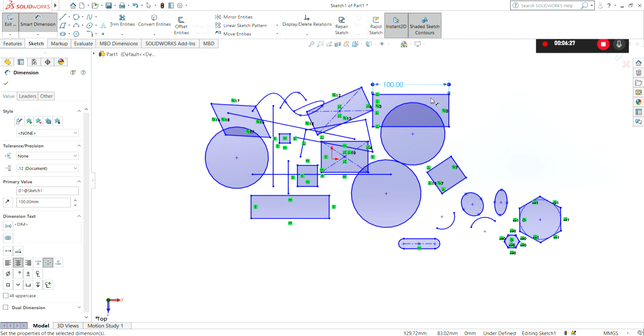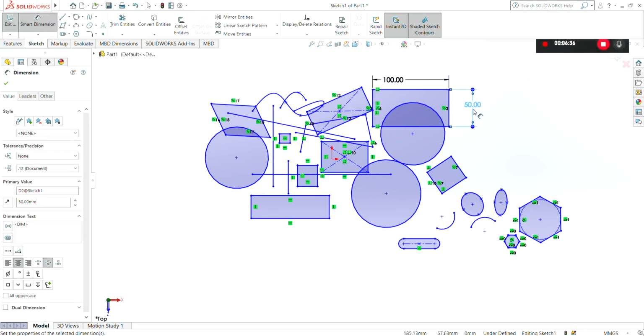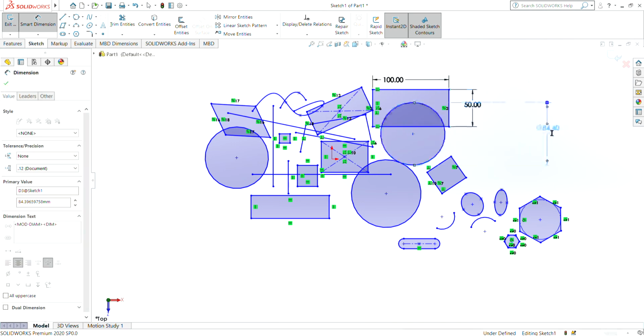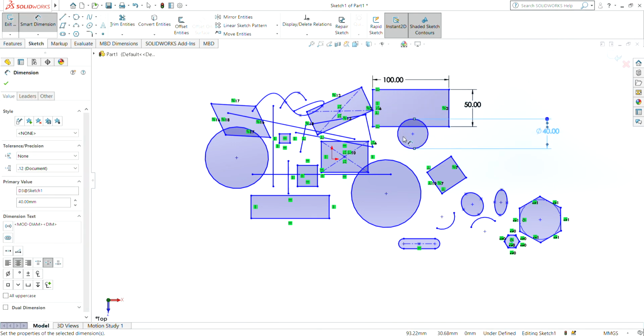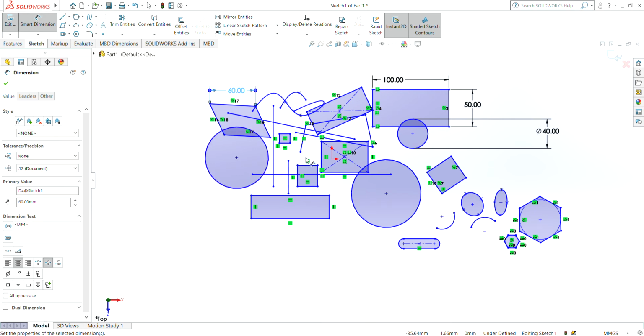Then 100 will be the standard dimension of this length, and now if we want to give it 50, we can, and the size will change like this. Also we can give the diameter of the circle, like 40. Here this line 60. And to get out of the tool we can click escape.